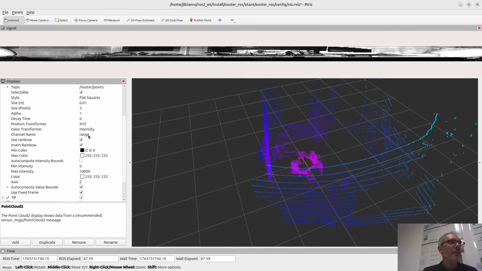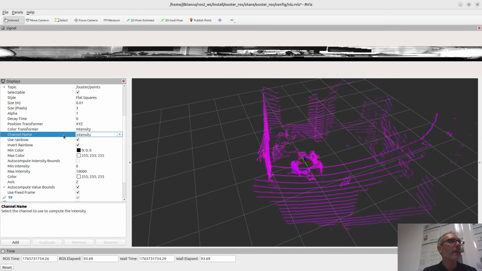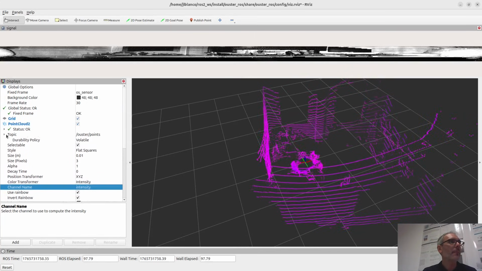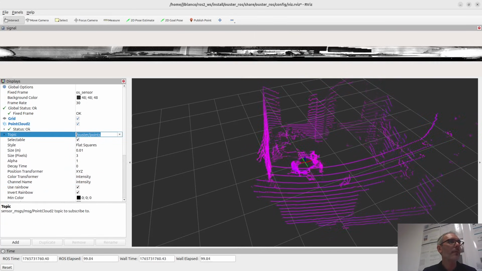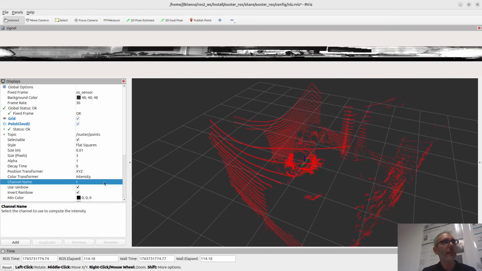By default, it is published, but just to check, you can check that here in the topic of the point cloud, which, by the way, is by default /ouster/points, of type PointCloud2. Then you have the channel name here, which is the field. You should have a T, right? So just double check that you have the T here.